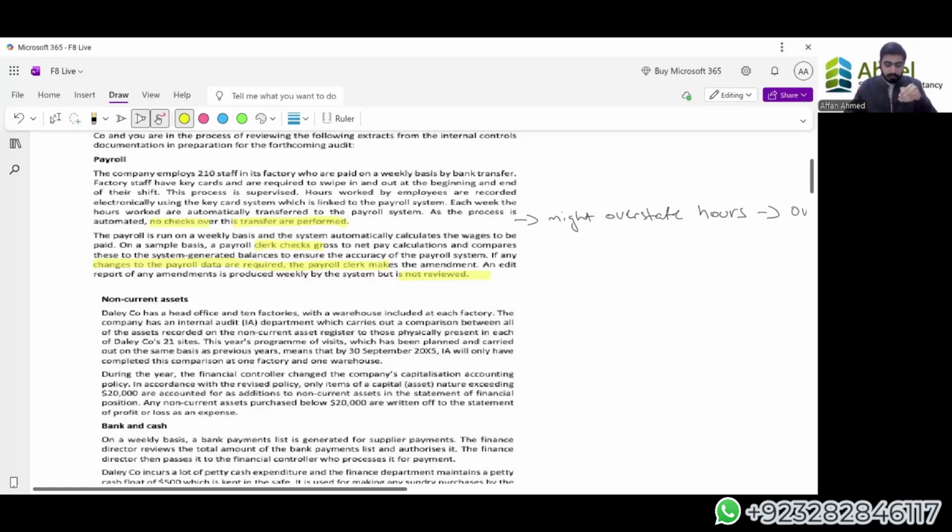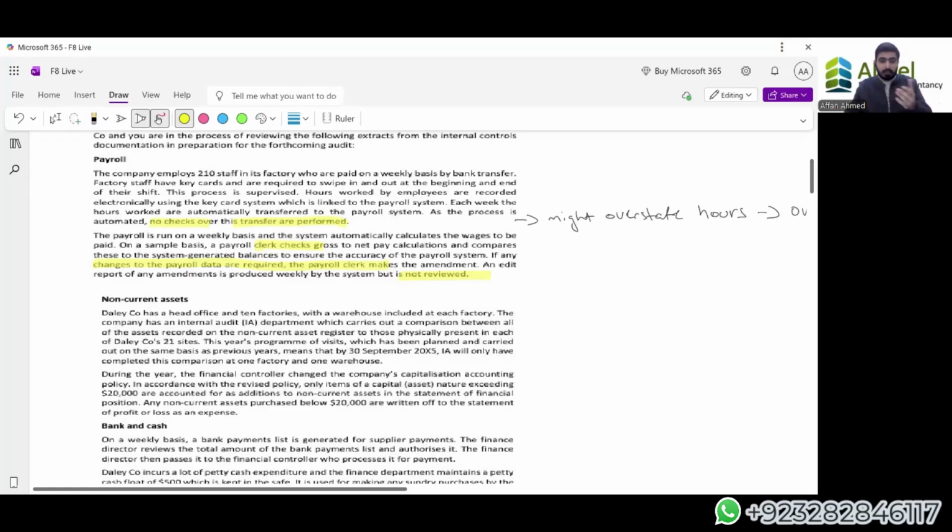Second point, second problem, that anyone can amend the systems. If anyone can amend the systems, there is a higher risk of fraud here. This would lead to over or underpayments according to people's own wishes. They might inflate or deflate the payment of their friends or enemies, right? If I have the access to pay someone higher, I will pay my friend higher. So I should not give this opportunity to the other party.